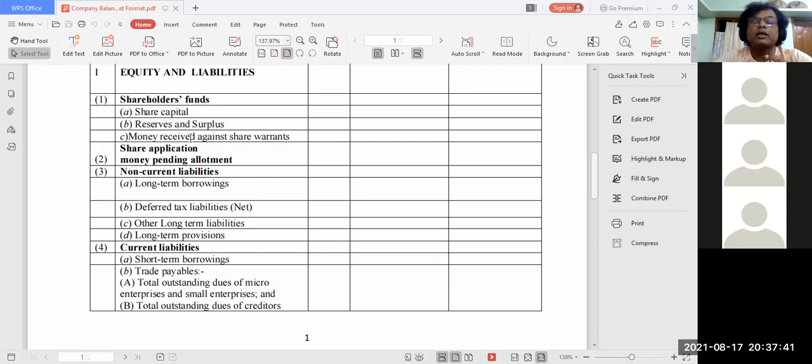If I ask where your home is and you say Assam, no, you be specific. Which place? If you say Guwahati, tell exactly which place. For that reason, outstanding liabilities will be under current liabilities, not under non-current liabilities, nor under shareholders' fund. If you misplace it, the balance sheet will tally, but marks will be deducted. Hope you understand what I told you just now. So be very careful about each point, not only the two sides of the balance sheet, asset and liability, but